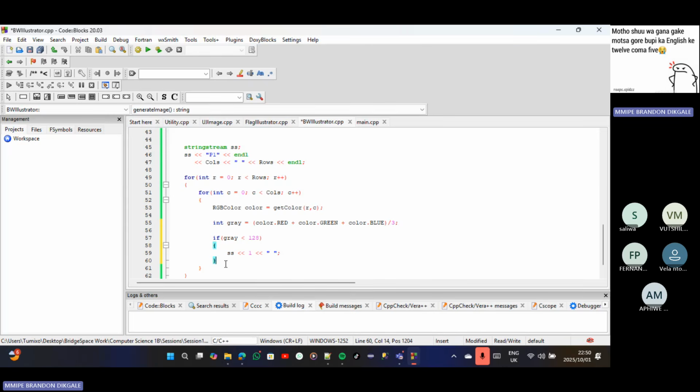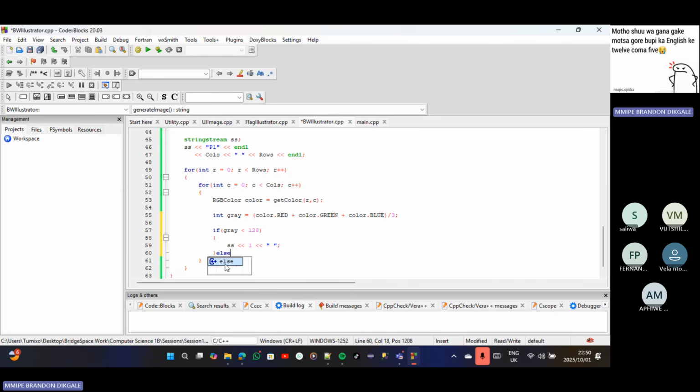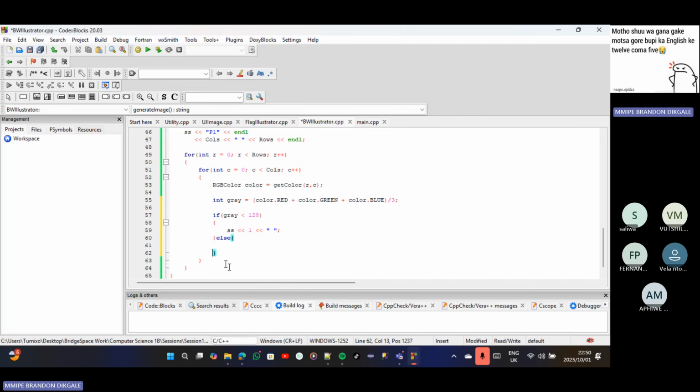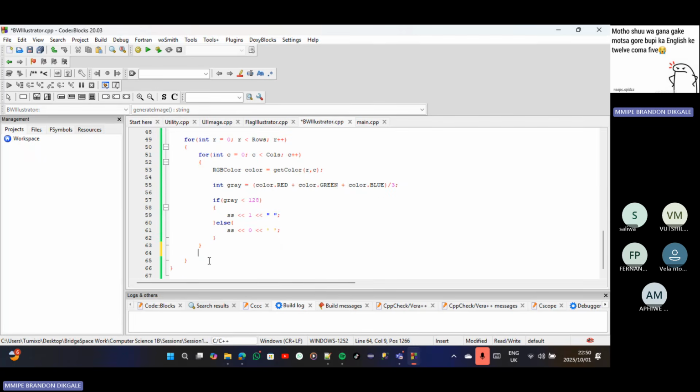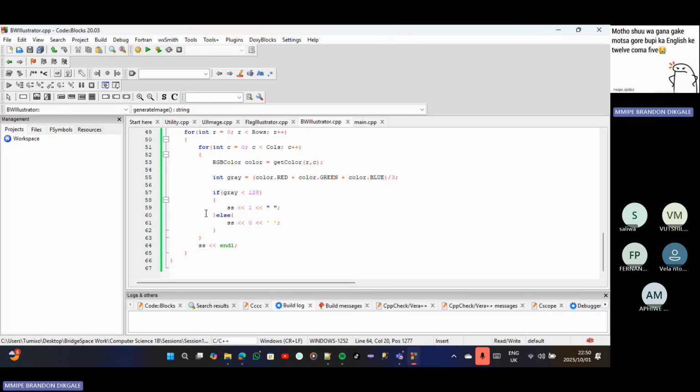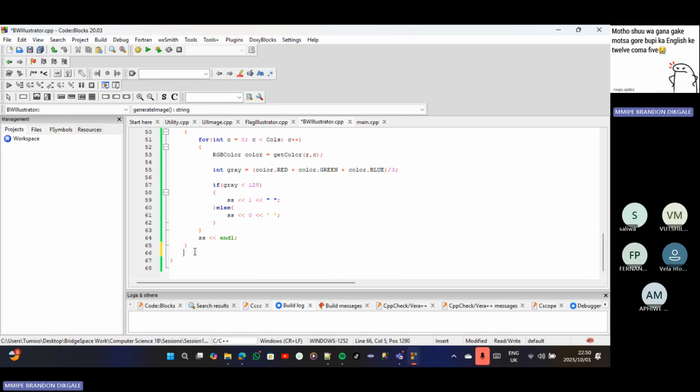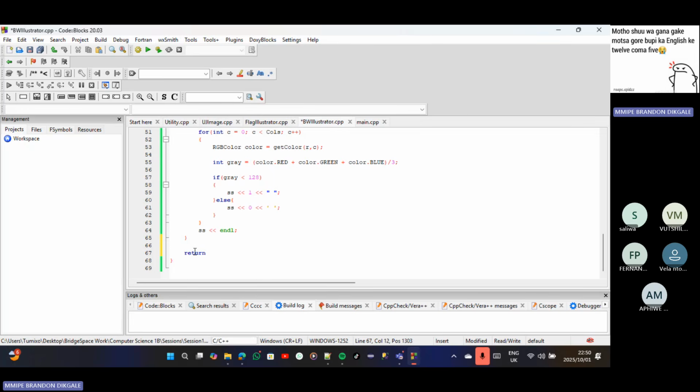Basically we do this. Else, if the average is not less than 128, we do this. We say ss, and instead of giving it 1, we give it 0. Then we put in the spaces here. Then here this is ss and line. Then at the end we're gonna return our ss.str